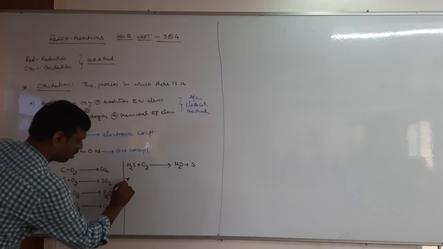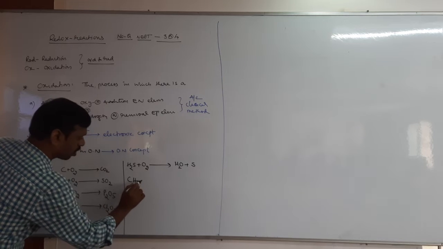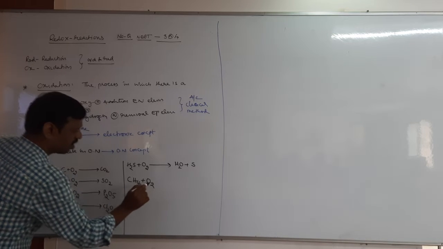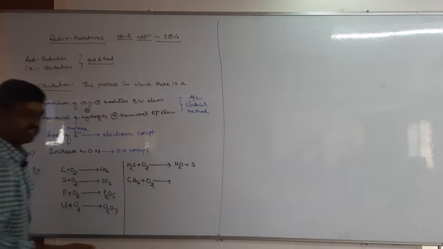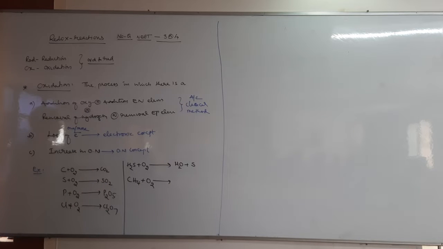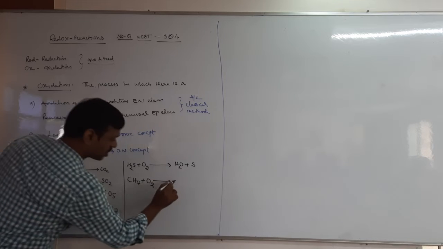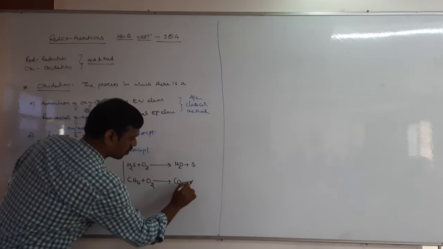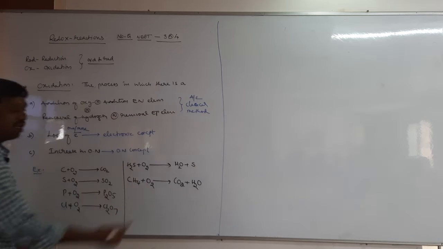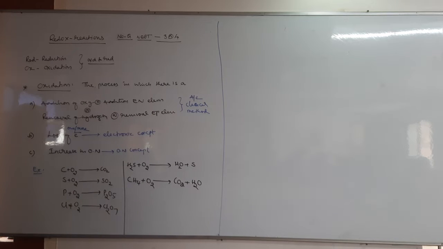Next, burning or combustion of methane or fuel. All the combustion of fuels are examples of oxidation. So methane undergoes combustion, giving carbon dioxide plus water, and many more. You can write unlimited examples, right? There is an addition of oxygen. Here, addition of a more electronegative element can also be written.